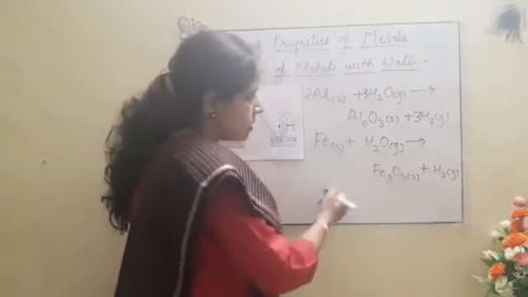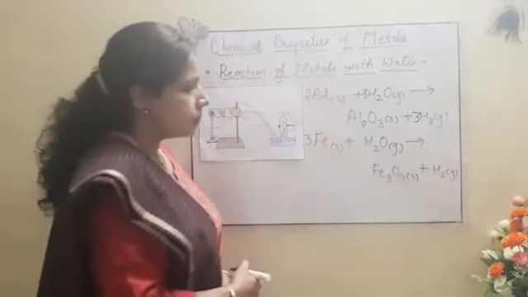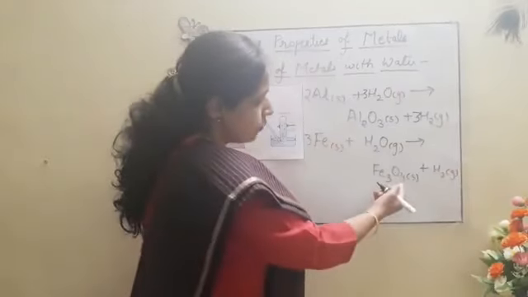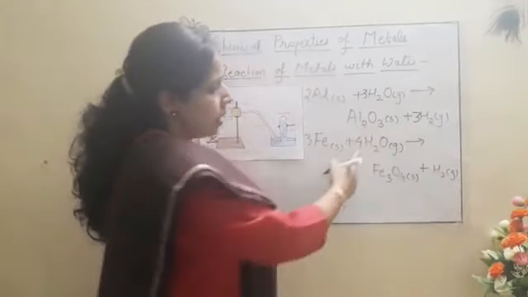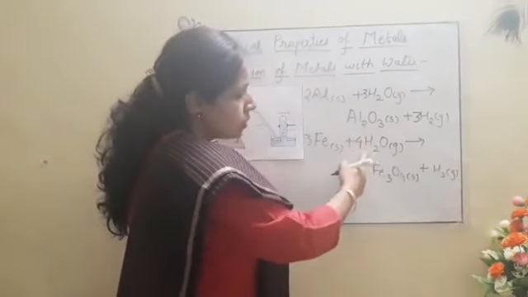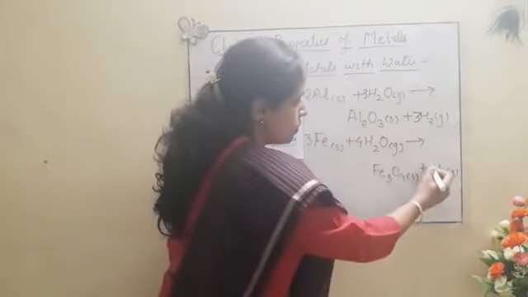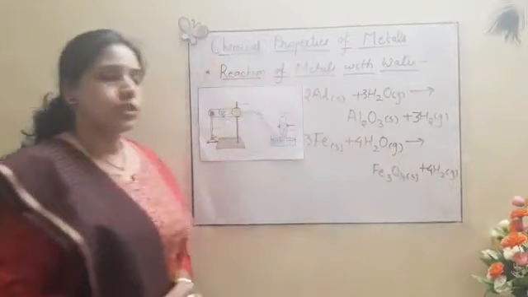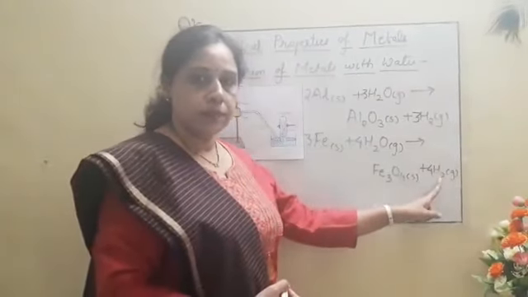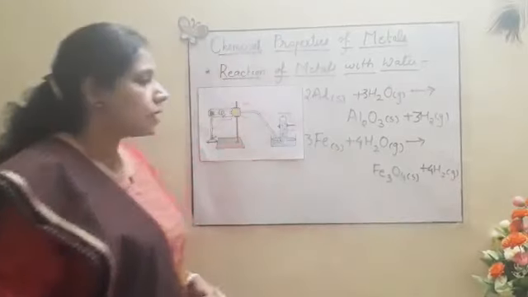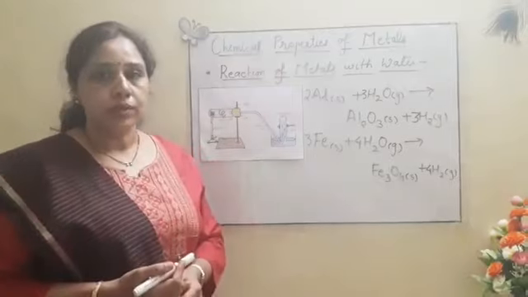Now, to balance the reaction, 3 atoms of iron should be written here, and we can see here 4 atoms of oxygen, so we will have to write 4 here, and number of atoms of hydrogen at the left hand side are 8, so here also there should be 8, so we will be adding 4 coefficient in front of this hydrogen molecular formula.